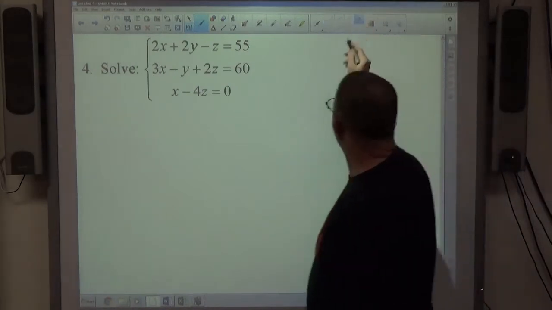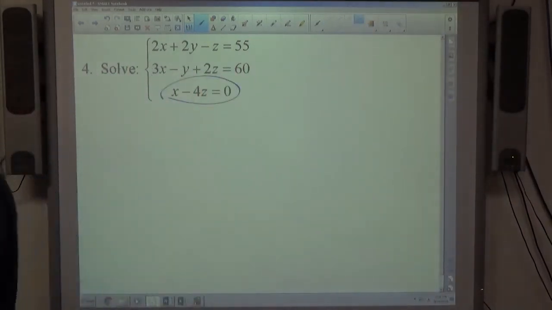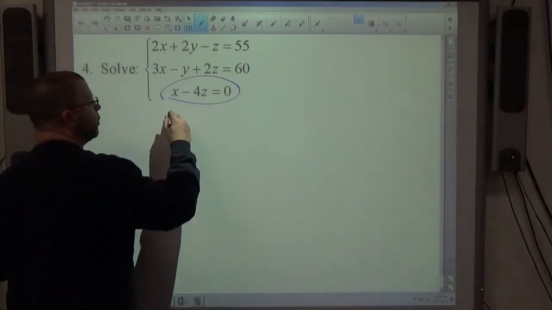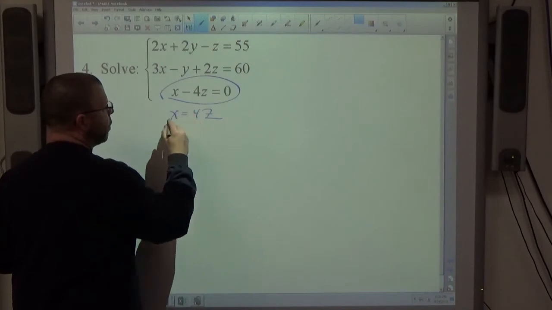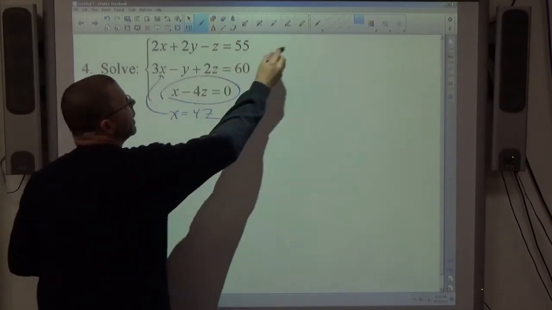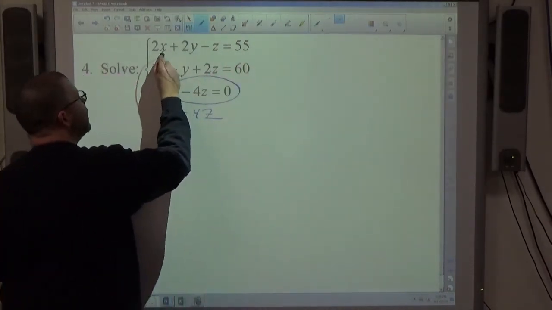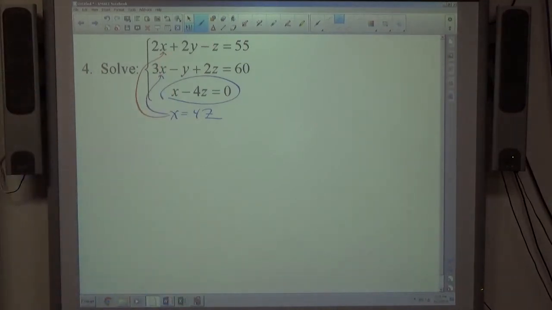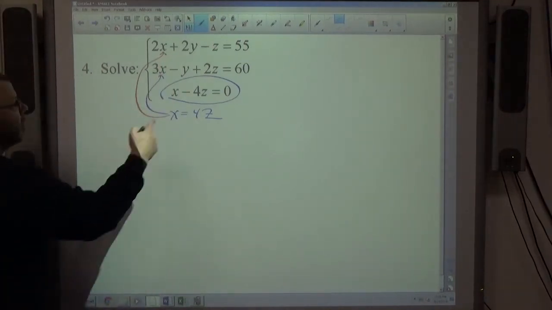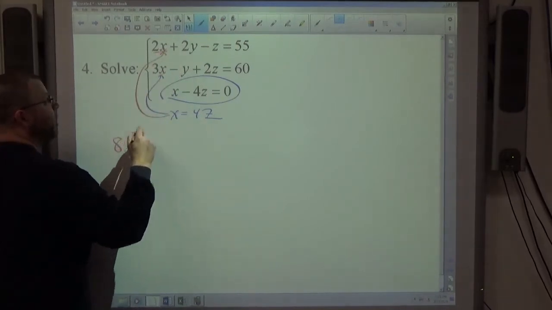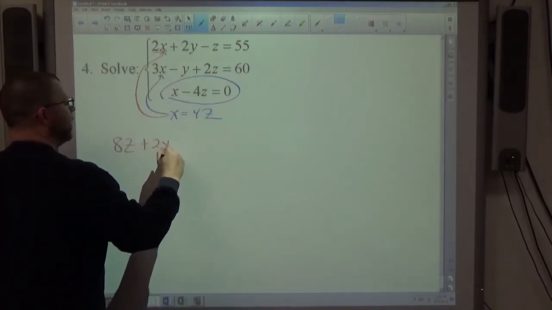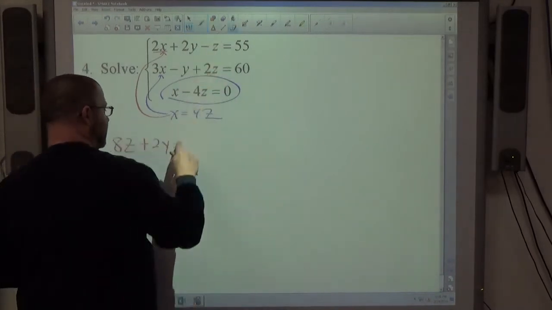Number 4, same type of problem. This time the bottom equation has only 2 variables in it. Very easily can be x equals 4z. So if x equals 4z, I can go right there, and I can go right there and change x's to 4z. So if I go to the top equation first, 2 times 4z makes 8z, plus 2y minus z